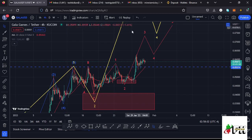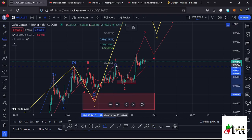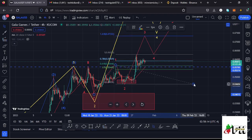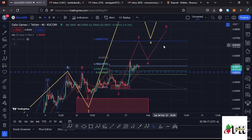And giving you a target area to the upside in the formation of this wave 3, I can use the trend-based Fibonacci, connecting it from the low of the first wave to the high of that wave 1, then dragging the fibs to the low of the second wave. That gives me a minimum target area at the fib level 1.618, which perfectly lies at around the $0.07332 mark, and that is the minimum that I'm expecting this wave 3 to the upside to do